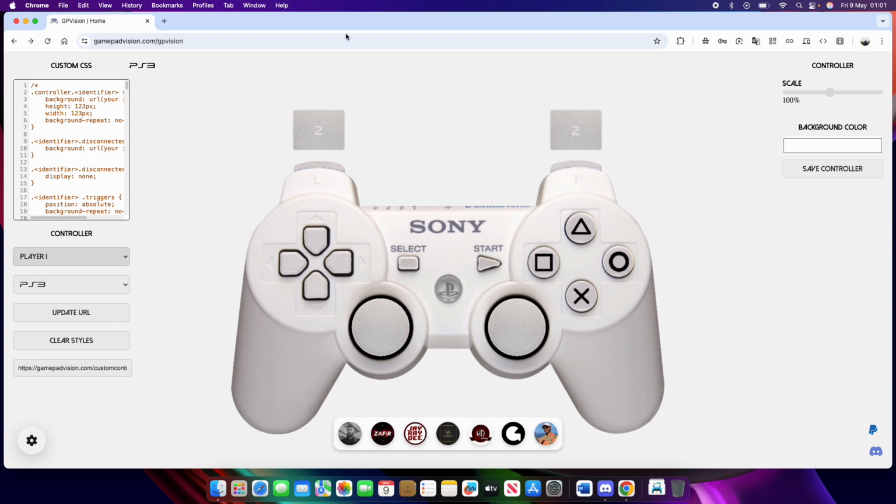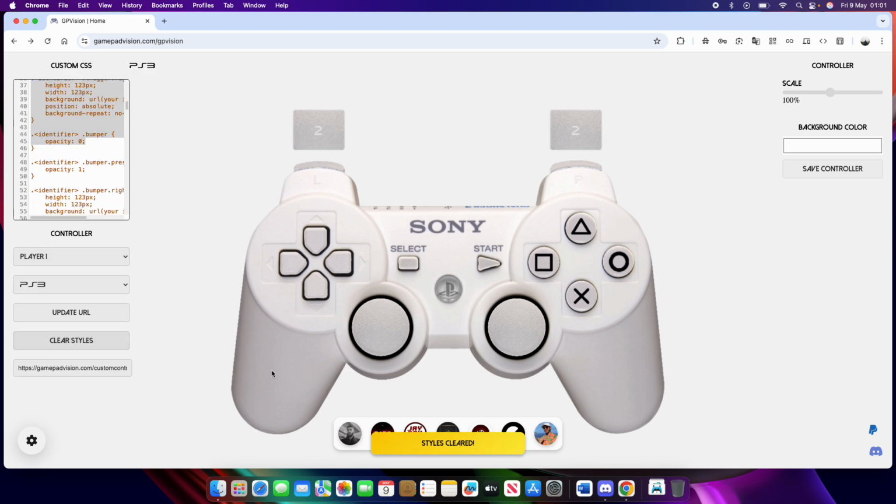Now, let's see, the styles get applied automatically. If you press clear style, then it will reset to default. Update, this is just for your normal